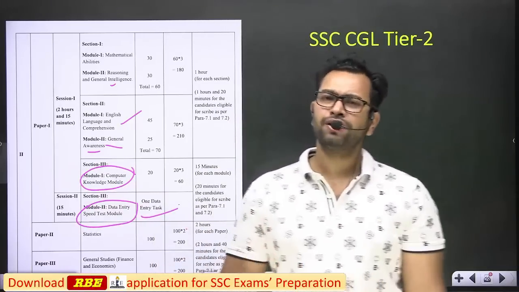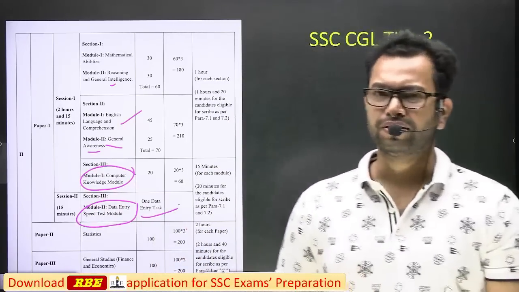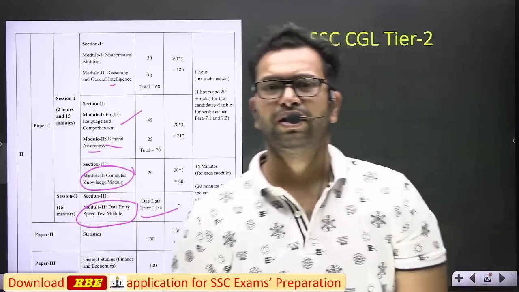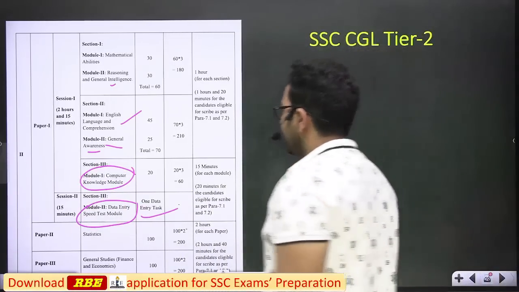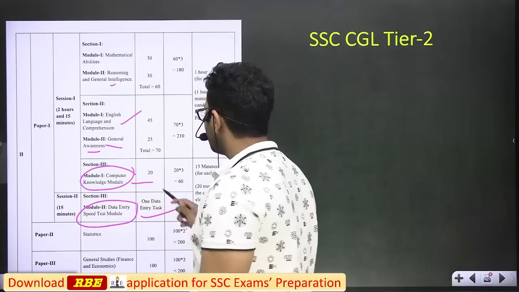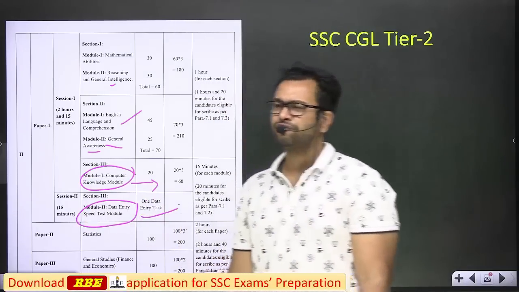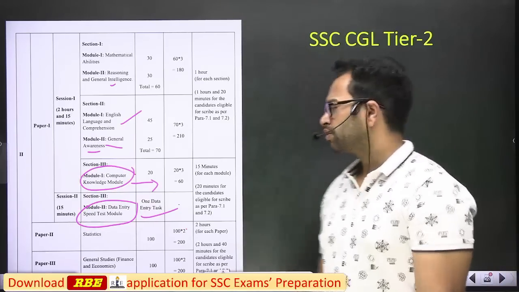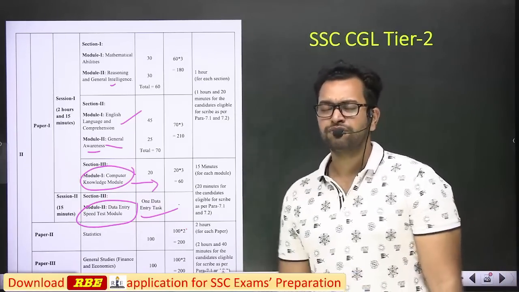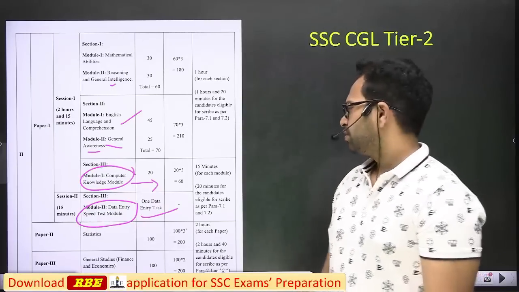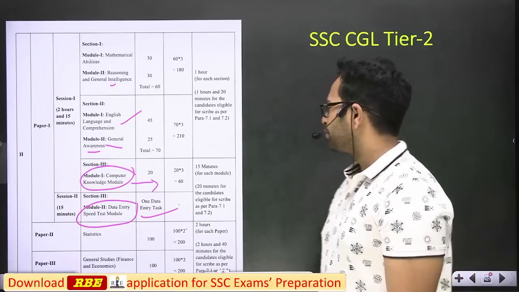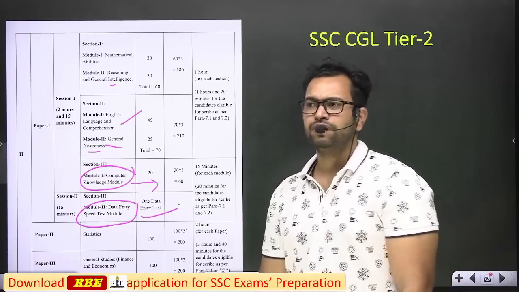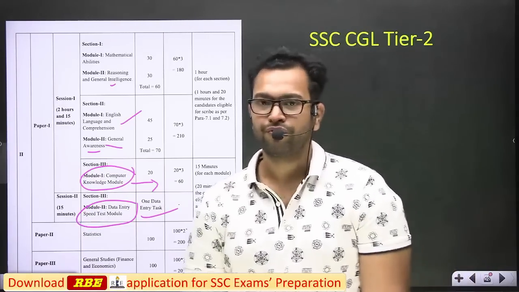If you want to start it after the tier 1 examination, then also it can be done. Okay, but you have to put in more hours at that time, right? And for the computer section, we have already provided an ebook that is free, that you can download from the RB application ebook section. Okay, you can prepare it from there. We will make some changes to it in future as well, so it will be more useful for you. We will try to provide computer lectures in English as well if the response is good from all of you.